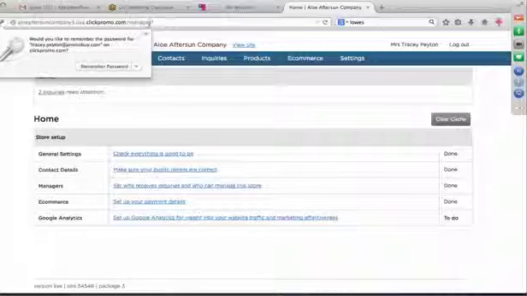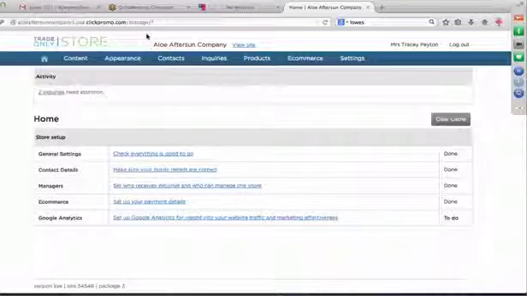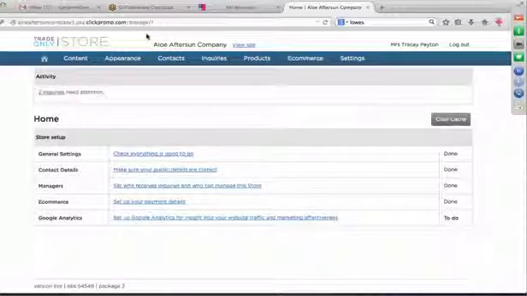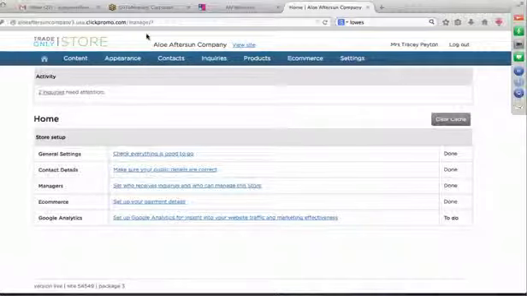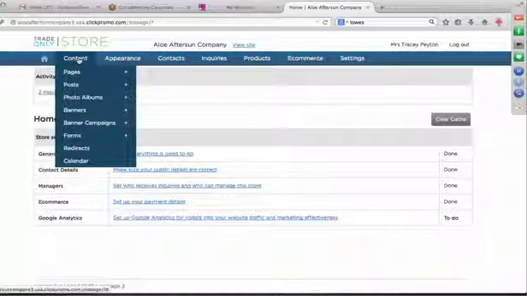As soon as you log in, you're going to be directed to the management home screen, and this is what it looks like when you get into that management area. Where we're going to be spending time mainly today is under content, this drop down here. The first section under that drop down is pages. If we click on that,